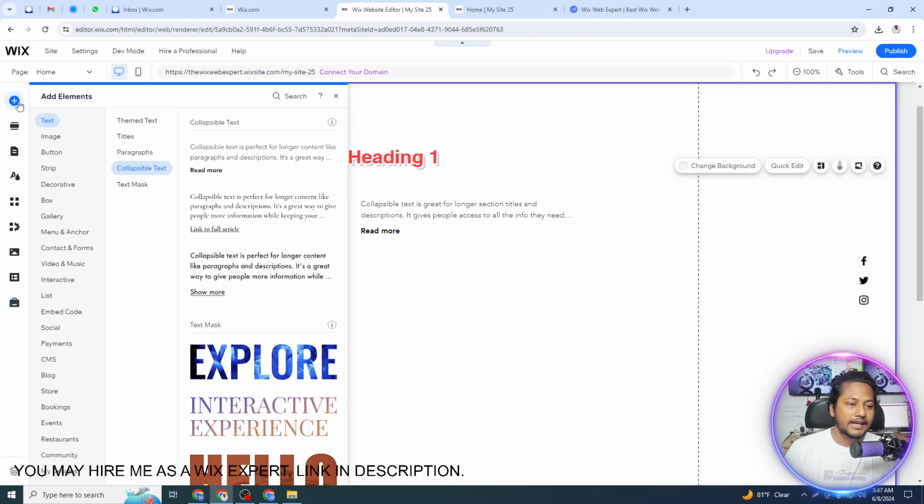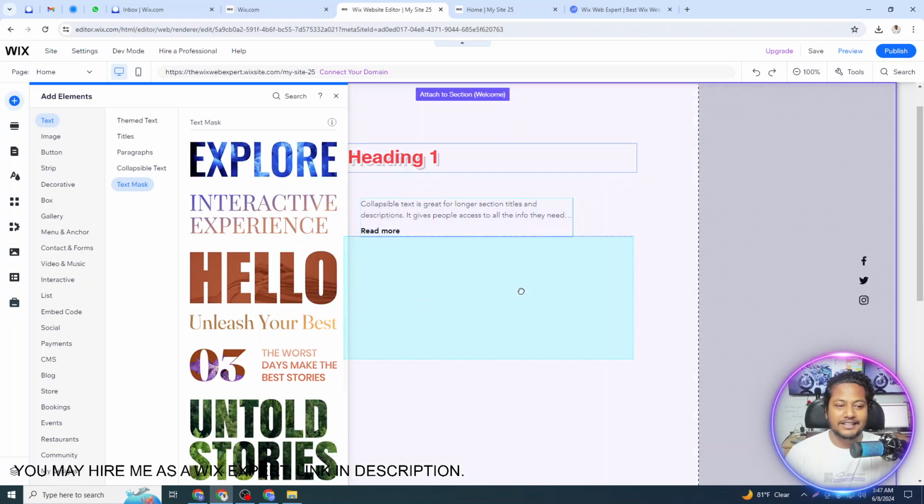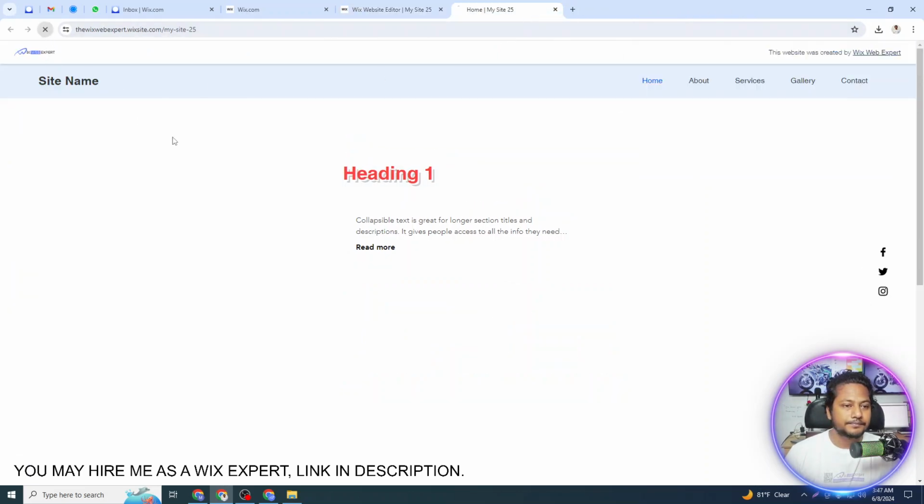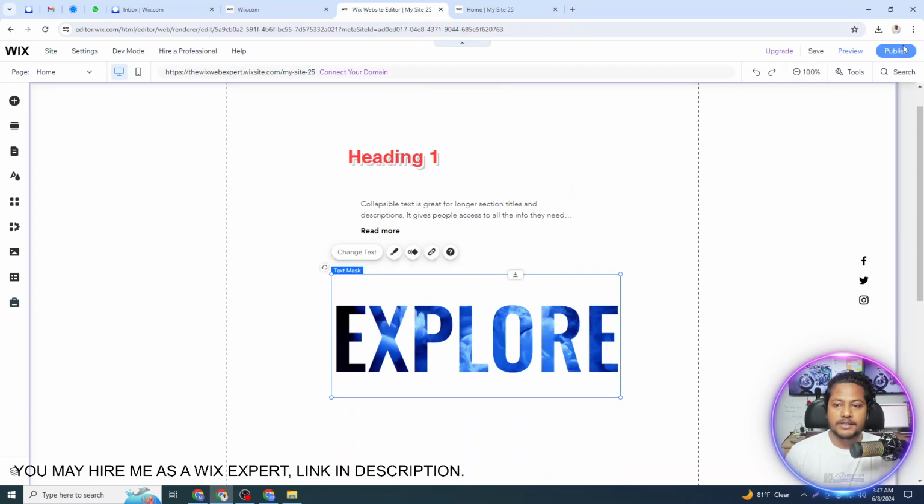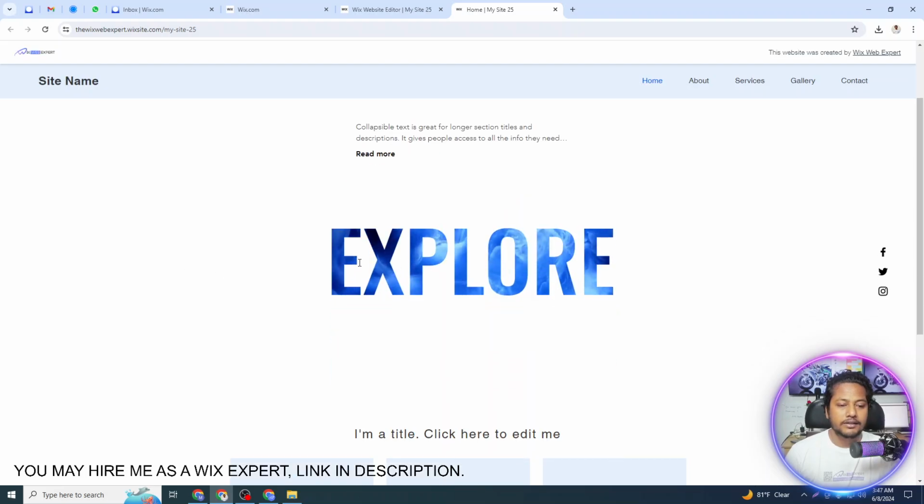Now if we check another thing here, text marks, this is an amazing feature. Okay, so if I take this one, the explore here, you can see its background has a video. So let me publish the design and go to the preview. Maybe it's not published yet. Let me publish it again and give a hard refresh, Control Shift R. Here you can see a video is